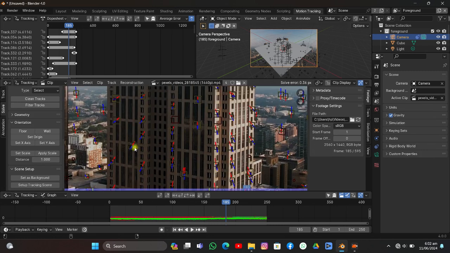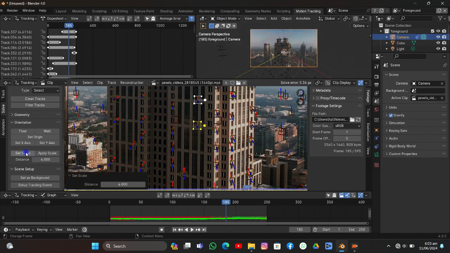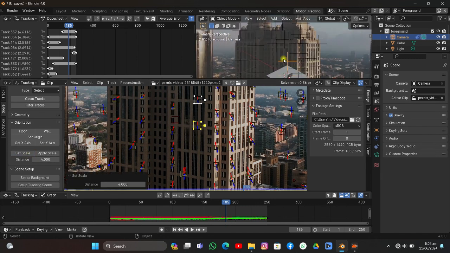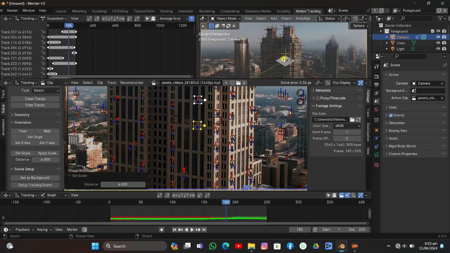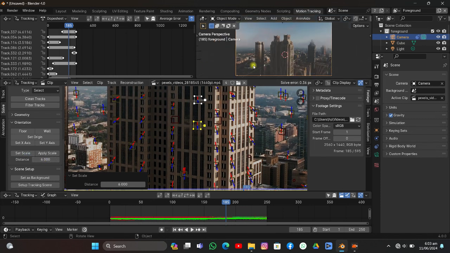I'm gonna select one of the trackers, for example this one. I'm going to click set origin, so the origin will be set to that. Now it's time to select another tracker and set the scale. I'm going to make it 4, but I think this is big, so I'm going to increase the distance between those 2 points, because this is very small. I'm gonna make it 6, and again set scale, and as you can see everything disappeared, because